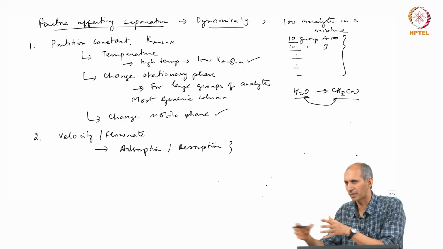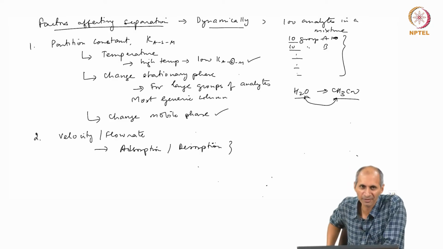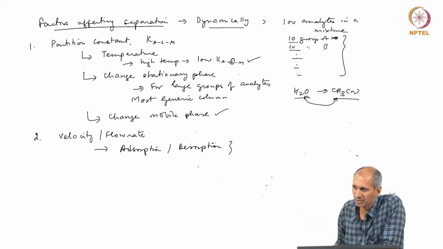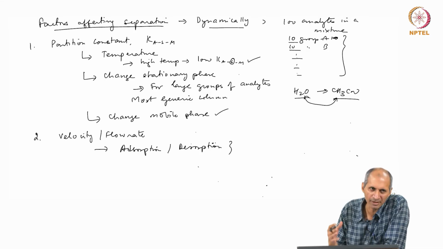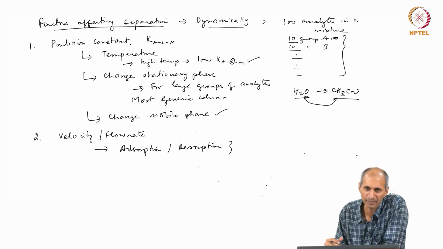But on the other hand, if I have collected 100 samples and I want to analyze them in a system, I cannot wait a long time for the analysis to finish. So I am also trying to optimize my analysis method so that I can finish as quickly as possible. I can analyze all the 100 compounds in each sample and do 100 samples in a reasonable amount of time, what we call the turnaround time